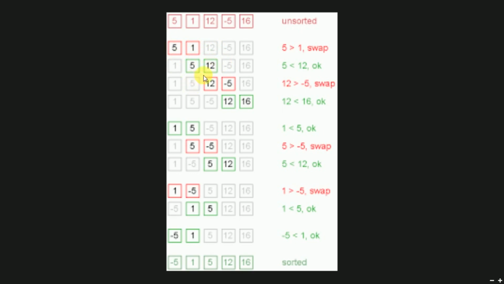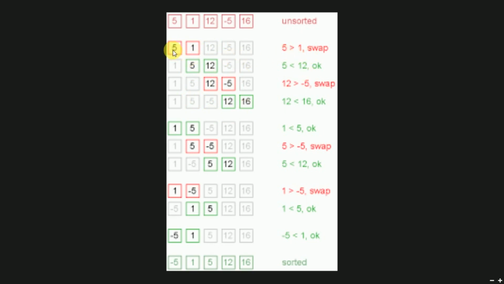In the third iteration we have to consider the fourth and fifth, then third and fourth, and after that fourth and fifth, and so on. After all these iterations, we will get the final element at its final position, that is at the end. So that is what we have done here. So we'll see the example.